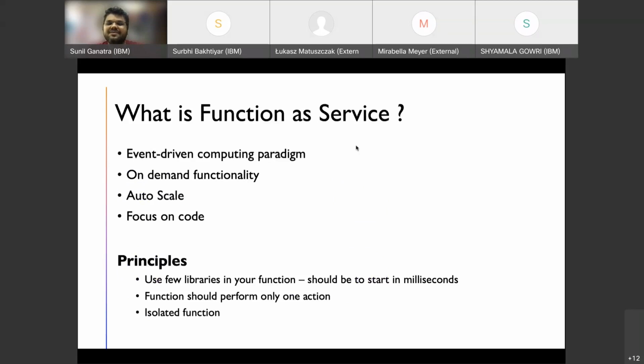So function as a service is nothing but an event-driven model. If you have an event-driven application, you can deploy it using the function as a service architecture, where it provides on-demand functionality and is able to auto scale.